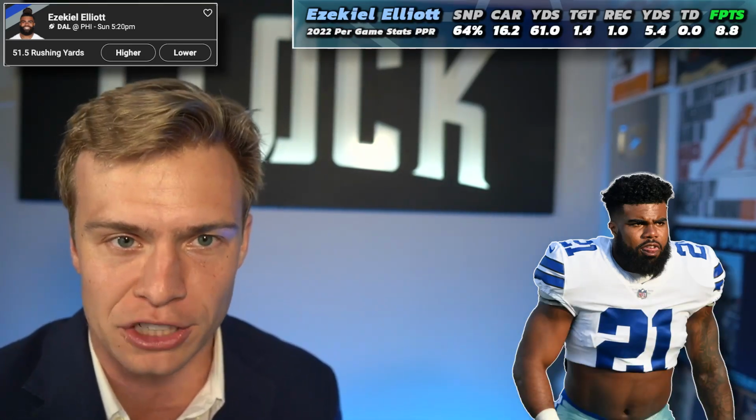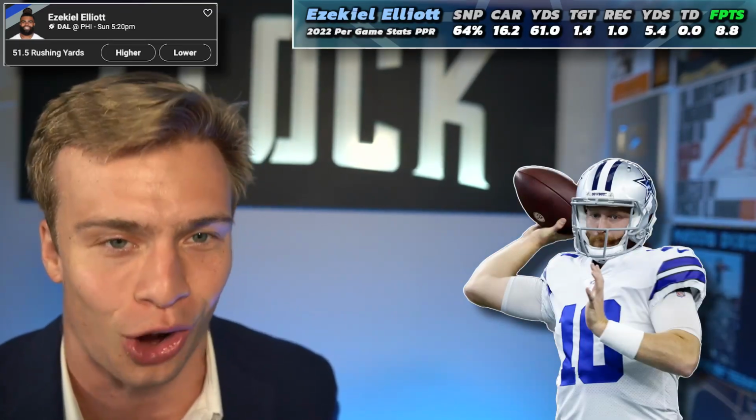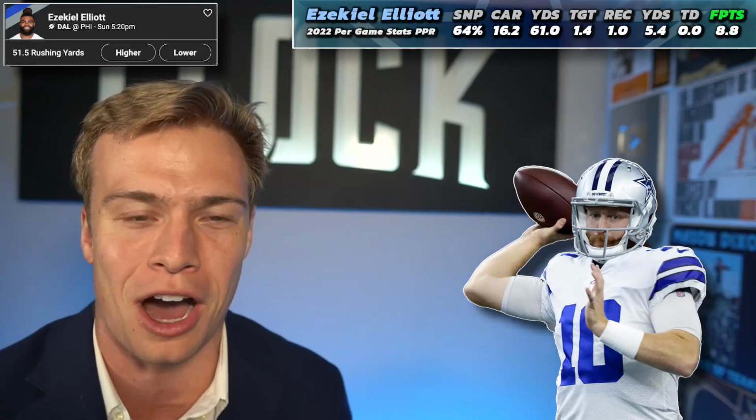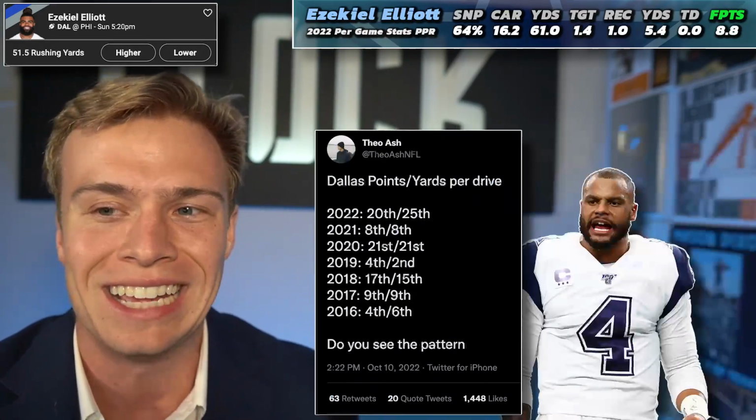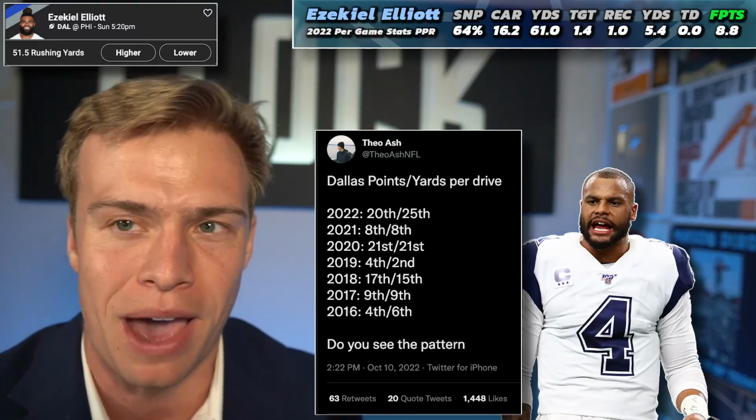But this offensive line should get healthier going forward. I know Cooper Rush is 5-0 as a starter. I would love to know your opinion in the comment section below if you think there's any type of quarterback controversy here. I think that when Dak Prescott comes back, this